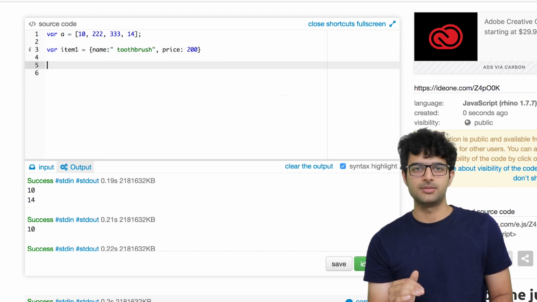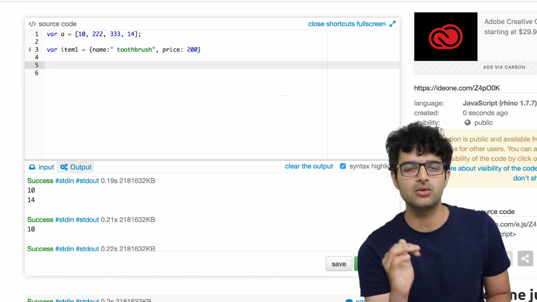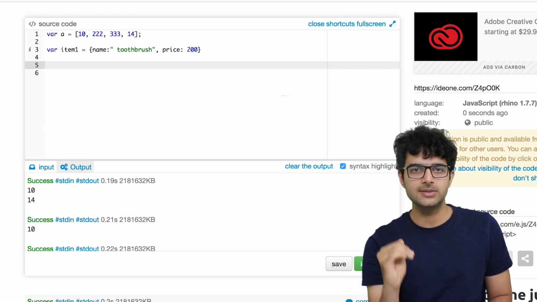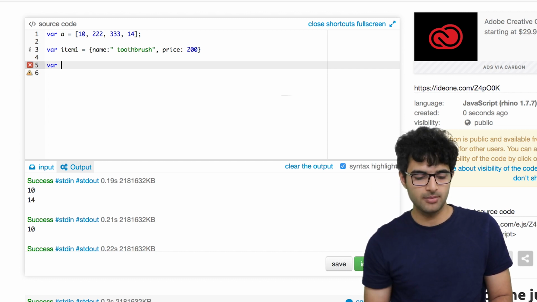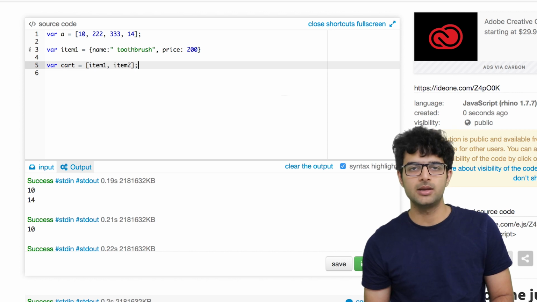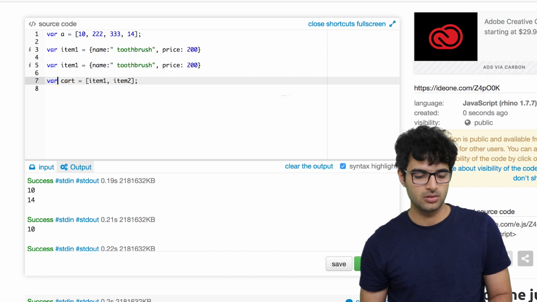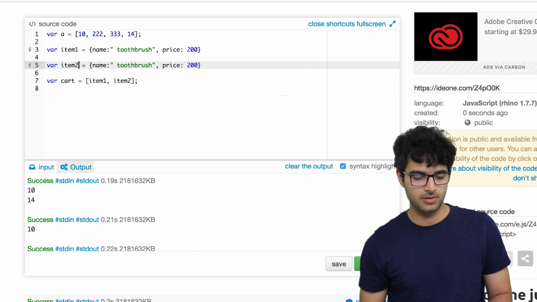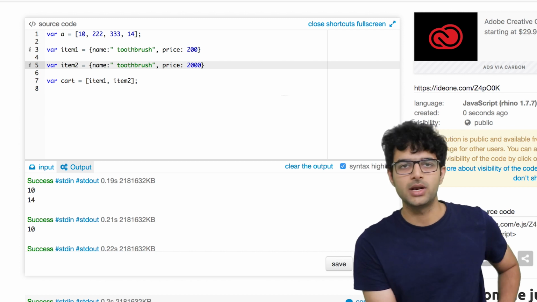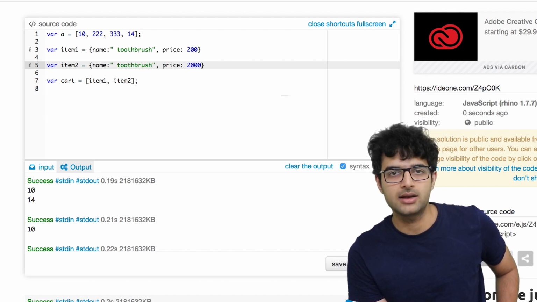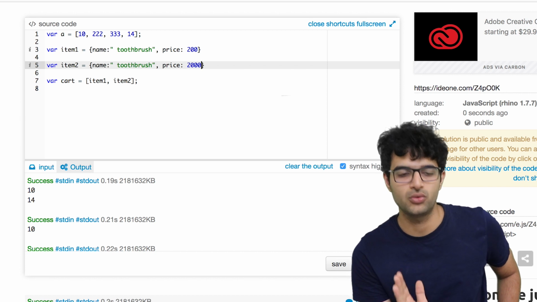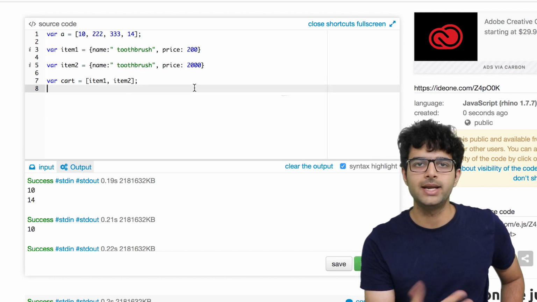And you can have multiple such items, but when, let's say, you want to show the person his cart, all of these items will be present in an array. You can store them in an array. Item 1, comma, item 2 if you define a similar item, and so on. So if I define an item 2, which let's say is also a toothbrush with only an expensive one. So you have a cart variable which is an array of 2 toothbrushes or 2 items in your cart,